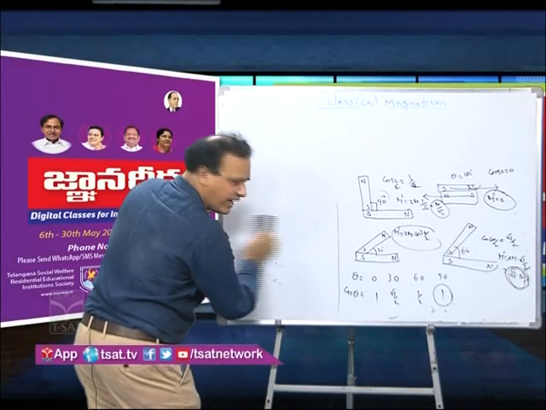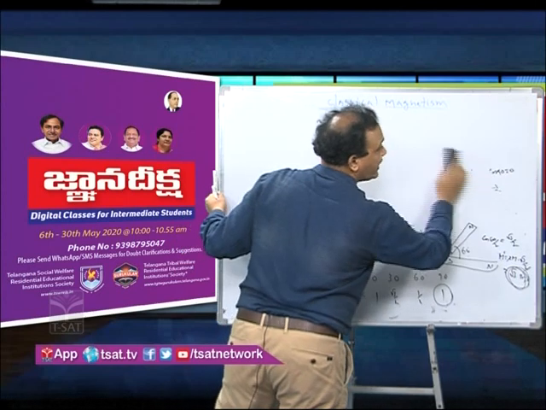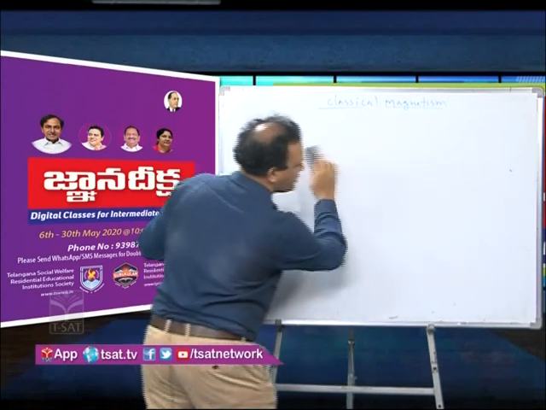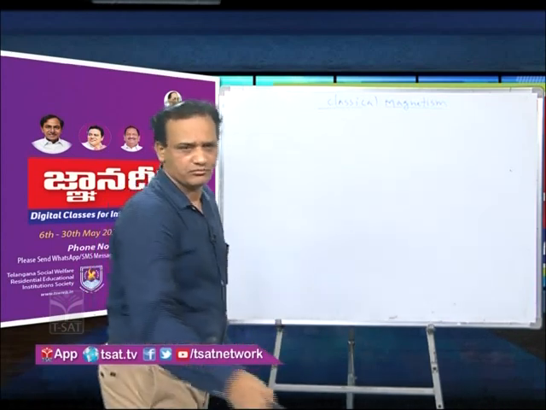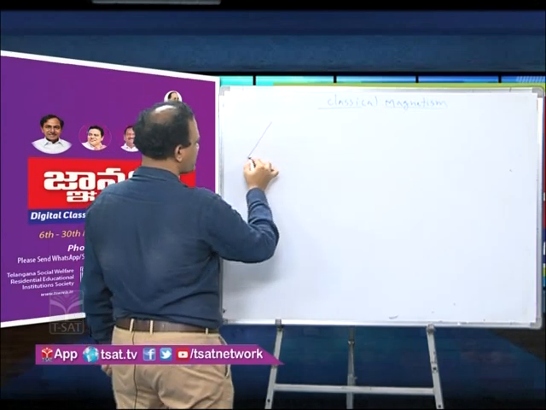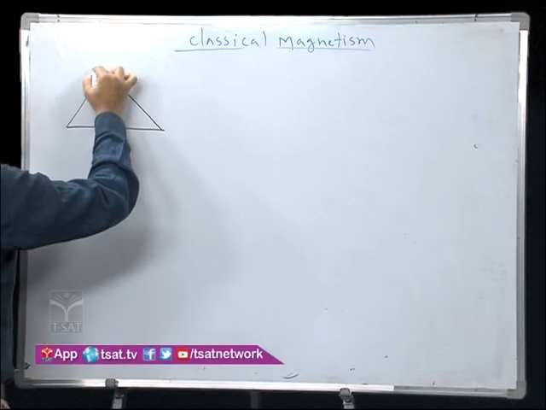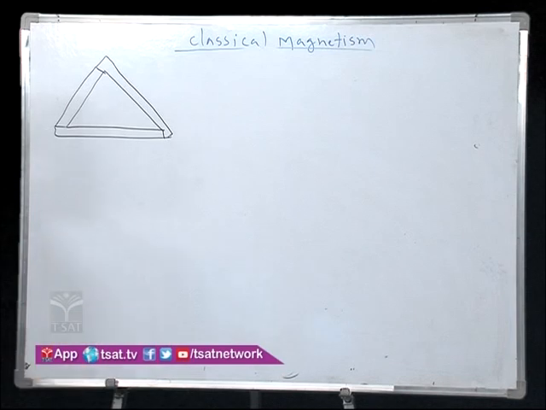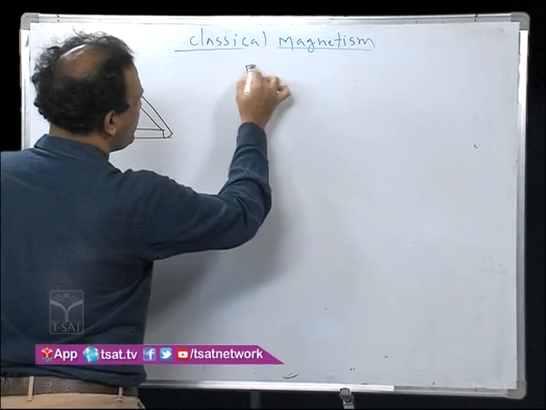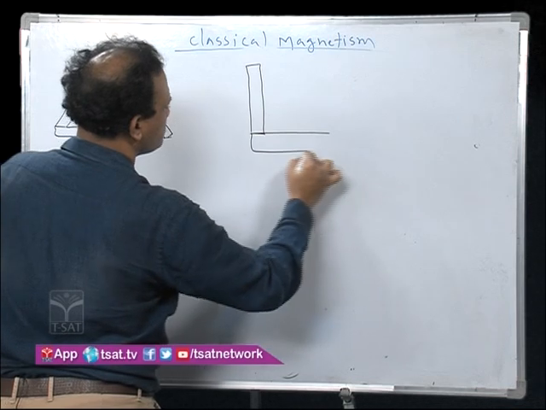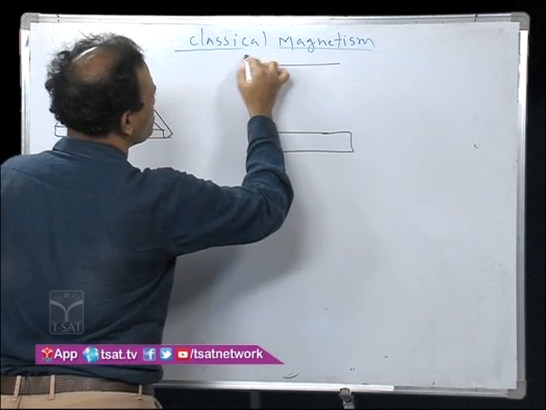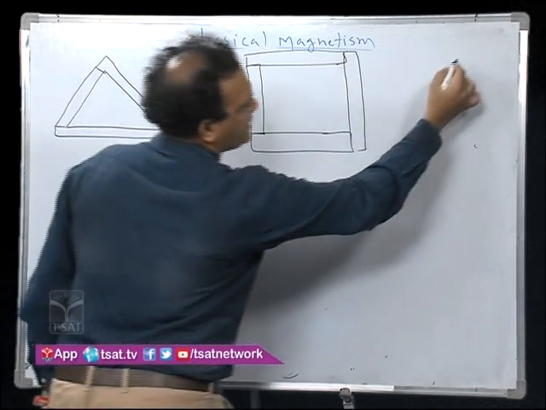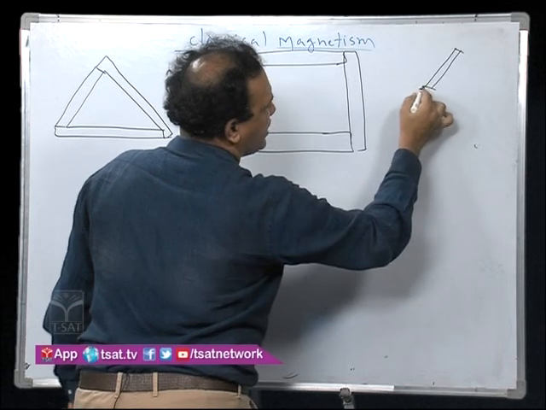Next one, here two magnets only. But if you consider more than two vectors, that means more than two magnets, the more than two magnets are combined in the form of a polygon. So now consider three vectors, three magnets. Next, you take four identical bar magnets. Suppose you consider 6 bar magnets, all identical bar magnets.